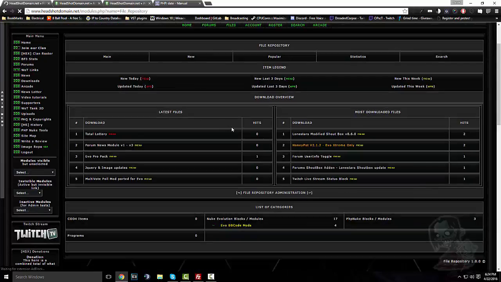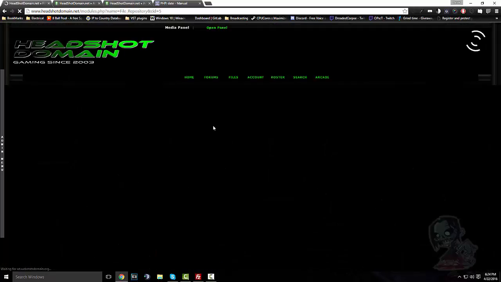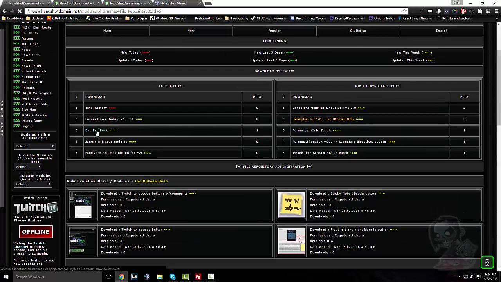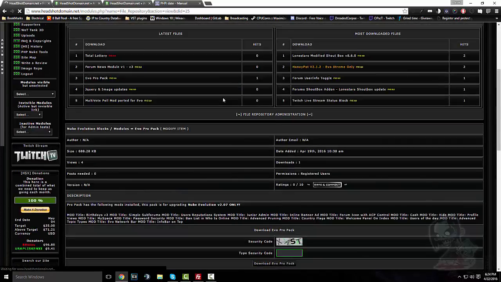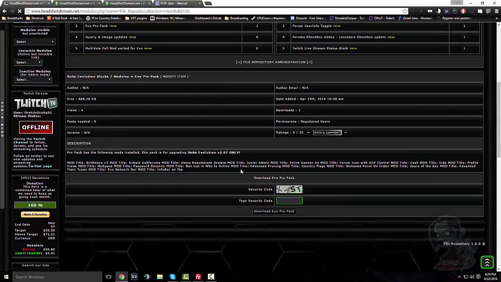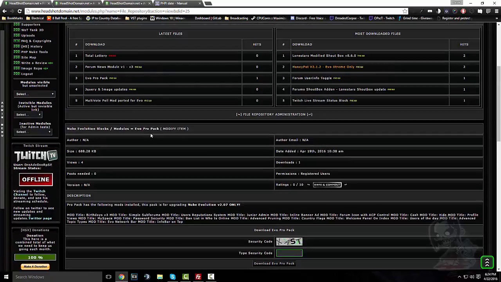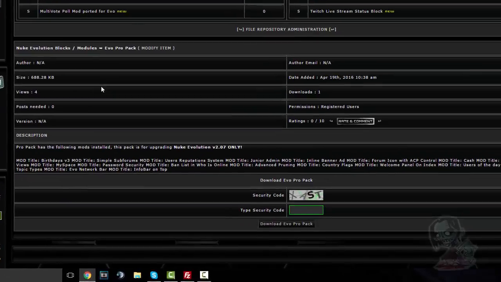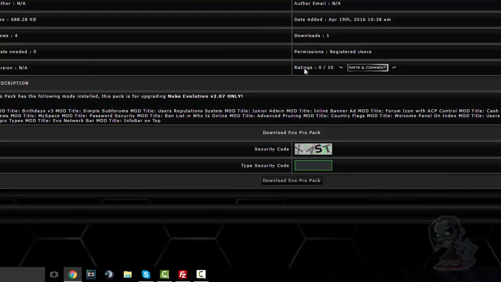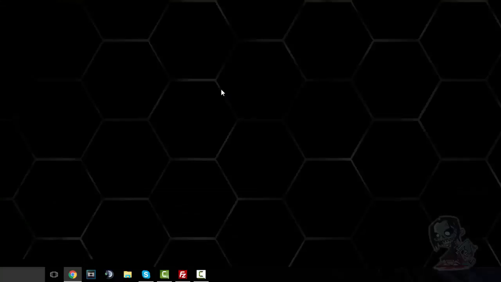Let me go to a file repository. This was the Evo Pro Pack. And as you can see, there we go. That's what I wanted. So that's as hard as it is. Now for your new users, there is a rating system with this one, which was not in the downloads module, where they can rate and comment. And when they rate and comment,